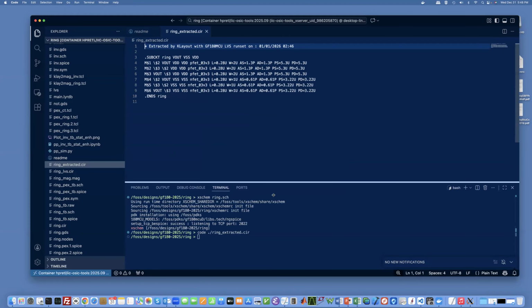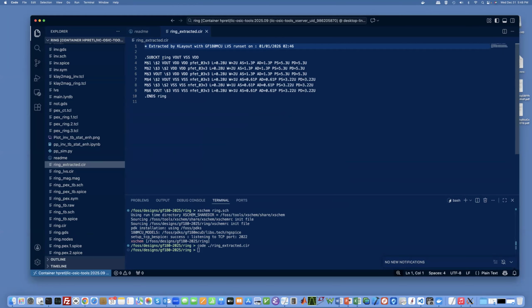And so here is how the netlist corresponding to the layout looks. And then when you run the LVS, it makes a comparison between this ring_extracted.cir and